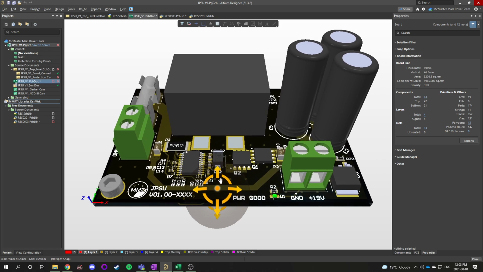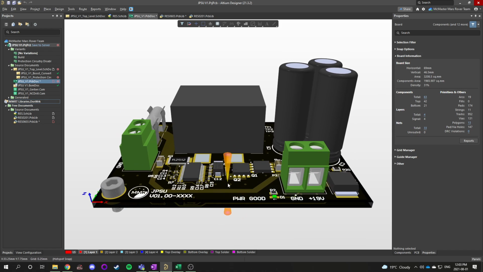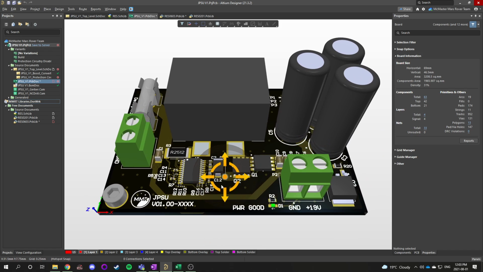And number three, especially for designs where you have lots of tall components, such as this boost converter where we have this big inductor here and these tall capacitors, it gives us an idea of how much space we need to make in the rover to accommodate this board. So that's kind of the gist of